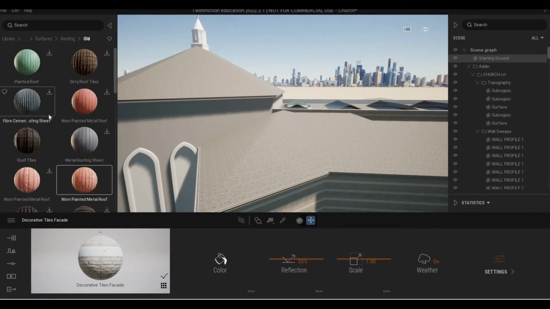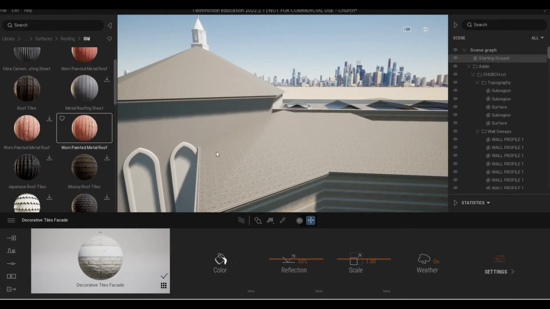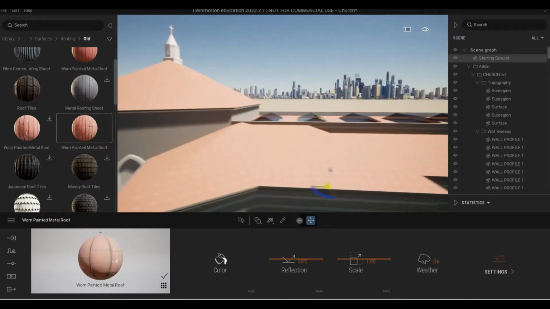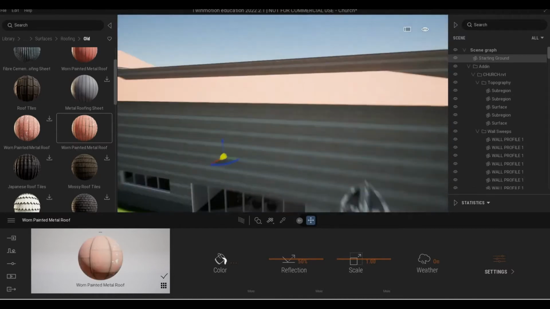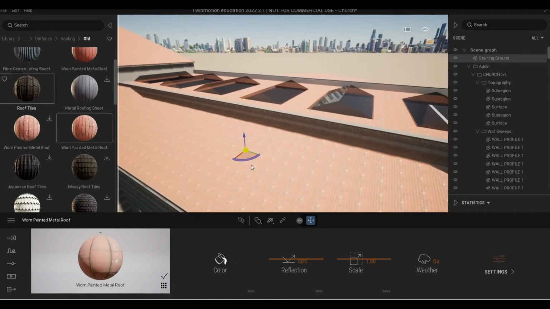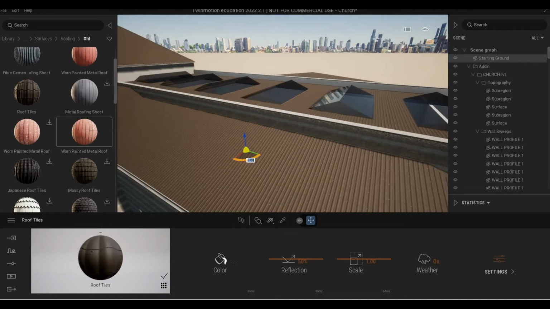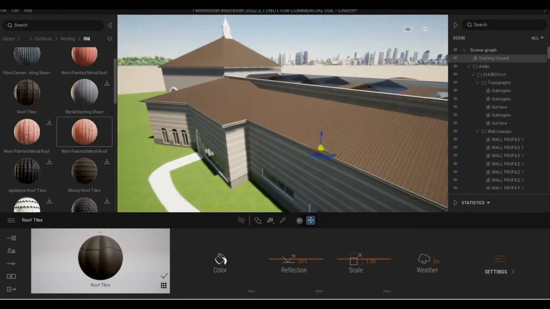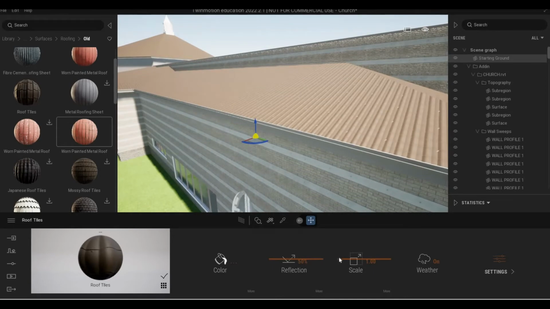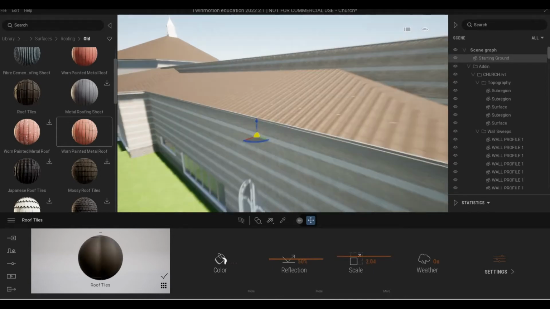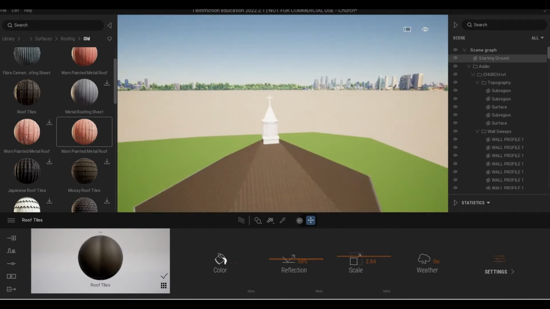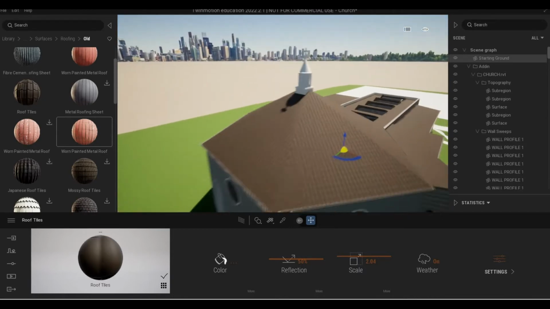Some roof tile will be nice as well. So here, this one is a long shot, but I don't like that. This is actually much better. I'm just going to increase the scale a bit, and then here what I wanted to do is,